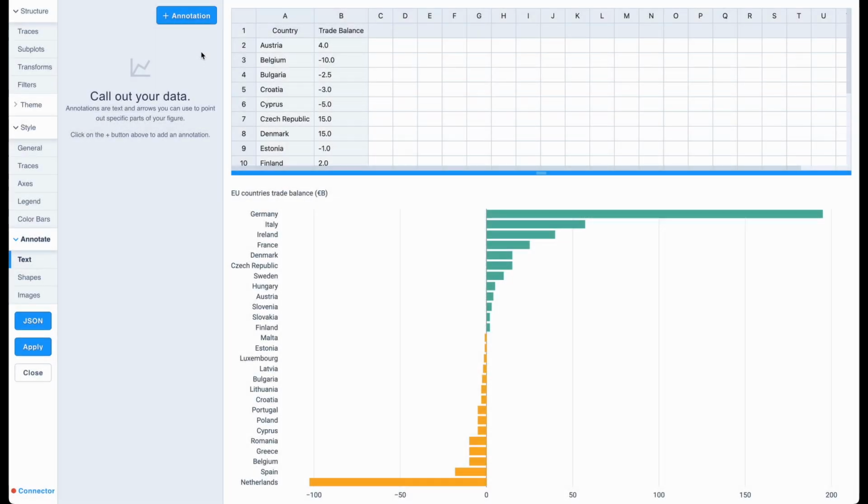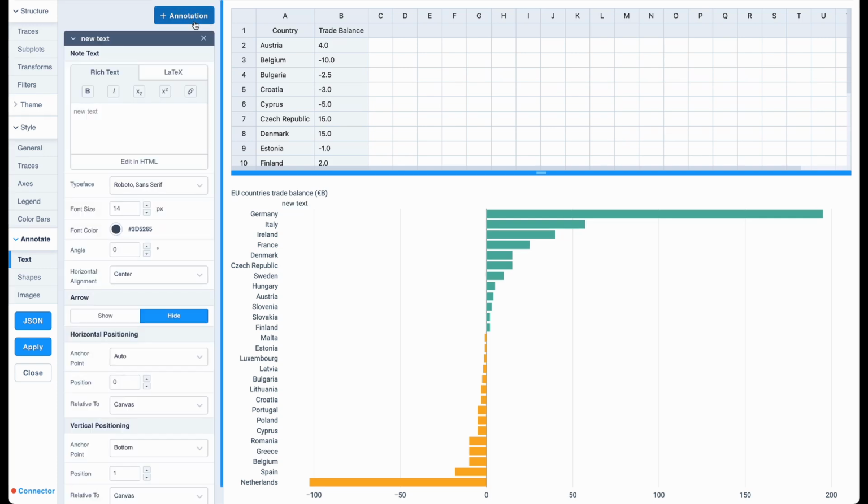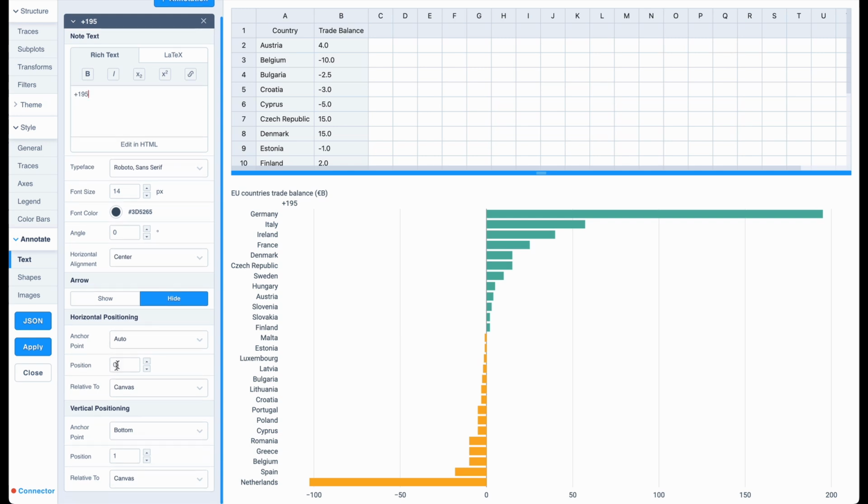Let's add an annotation to highlight Germany's impressive trade surplus. I'll click the Add Annotation button in the Annotate Text section. I'll set the text to plus 195 to represent Germany's net income in billion euros, which is the highest value in our dataset. For horizontal positioning, I'll set it relative to the x-axis and enter 195 as the position coordinate,